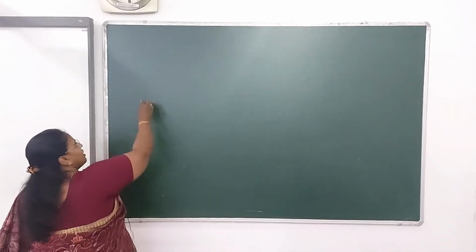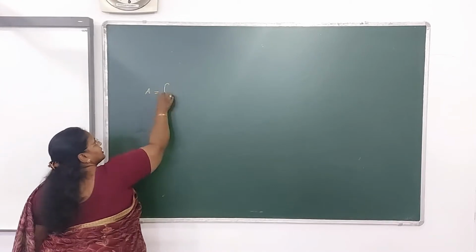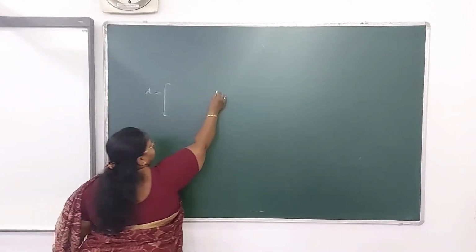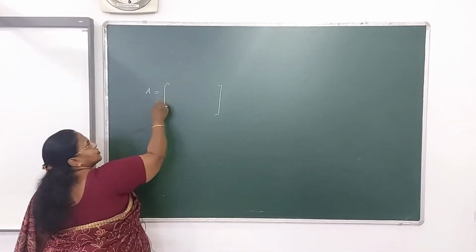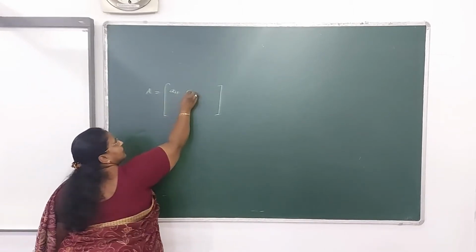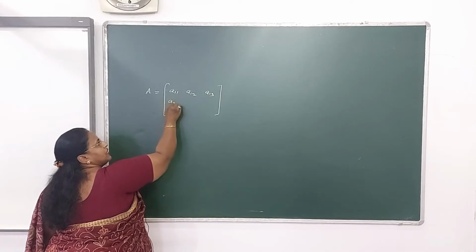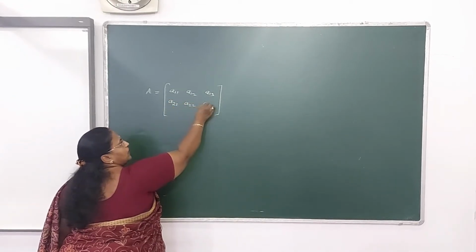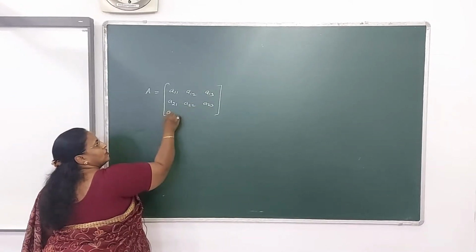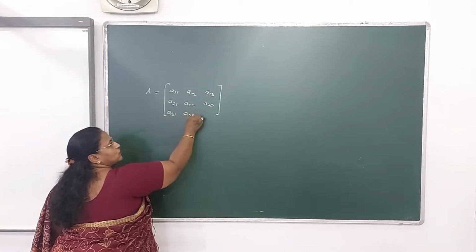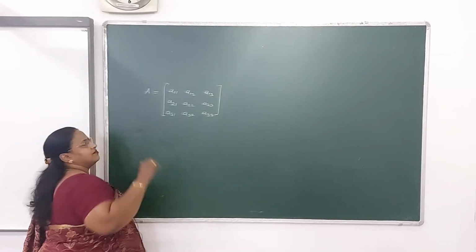So now see the square matrix of order 3. Let me write down the rough structure first. So consider the square matrix here as A11, A12, A13. This is the first row. A21, A22, A23, second row. A31, A32, A33. This is the third row.